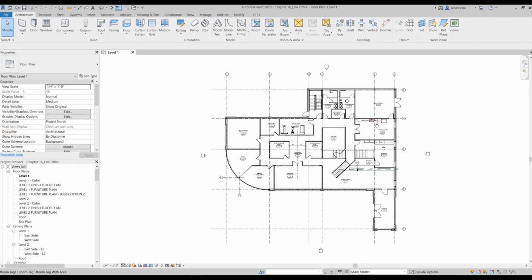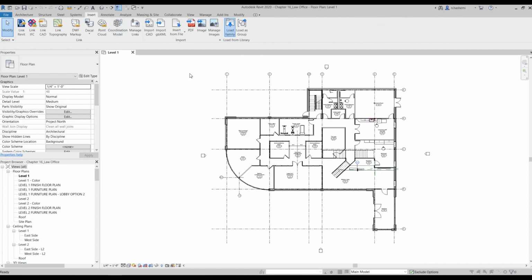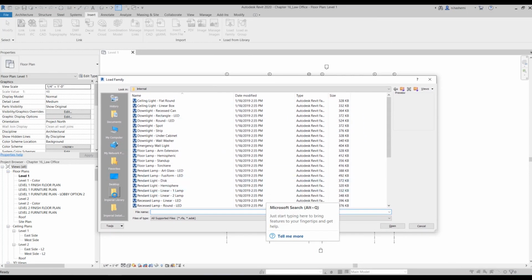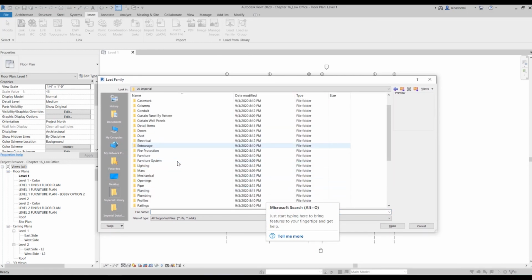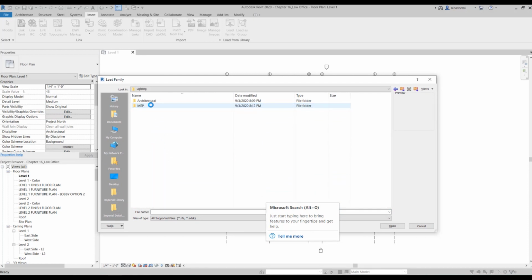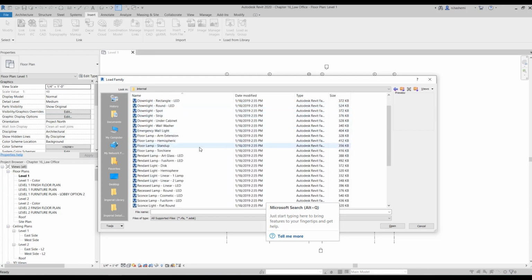So to start, I'm going to load some lighting families into this file. So I'm going to go to Insert tab, Load Family. And then from here, go to Imperial Library and go to the lighting. From here, Architectural, Internal. And then I'm going to go with